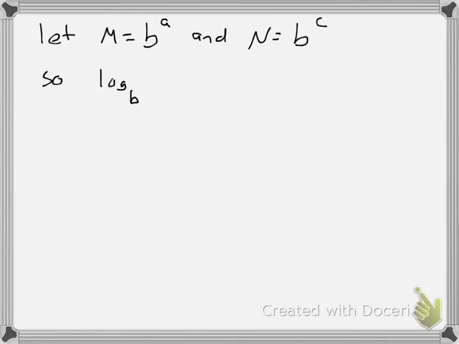Log base B of... you've got to switch them to log form. Log base B of M equals A, because remember, log equals the exponent. And this one would be log base B of N equals C. Can you guys agree with the switching of both of those? So if you're given all of that,